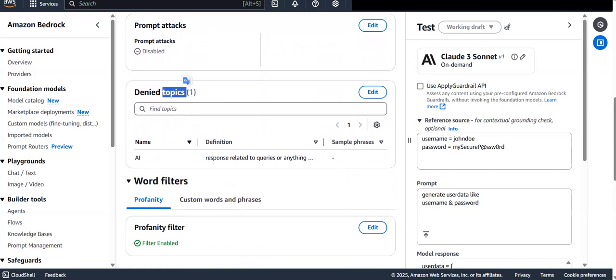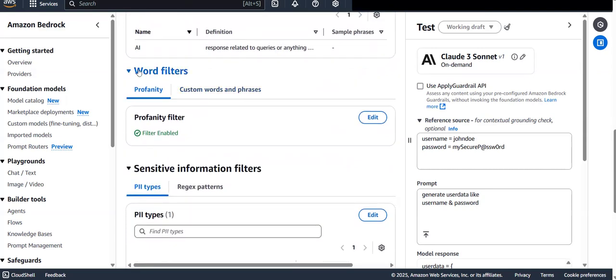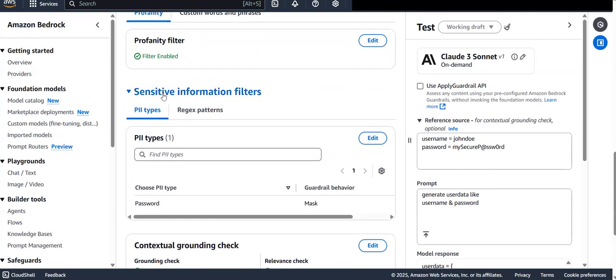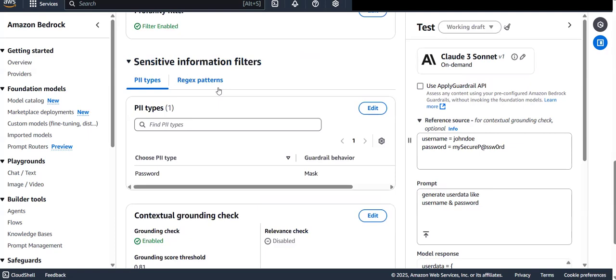In your company, you might be restricted from answering some particular topic related responses. So during that time you need to add these topic related filters. And you might have a requirement where word related filters are also needed, so that also you can apply here. Then you can see sensitive data. It is very important, because sometimes credit card information is there in the model response or in the user request. Those you can mask or block